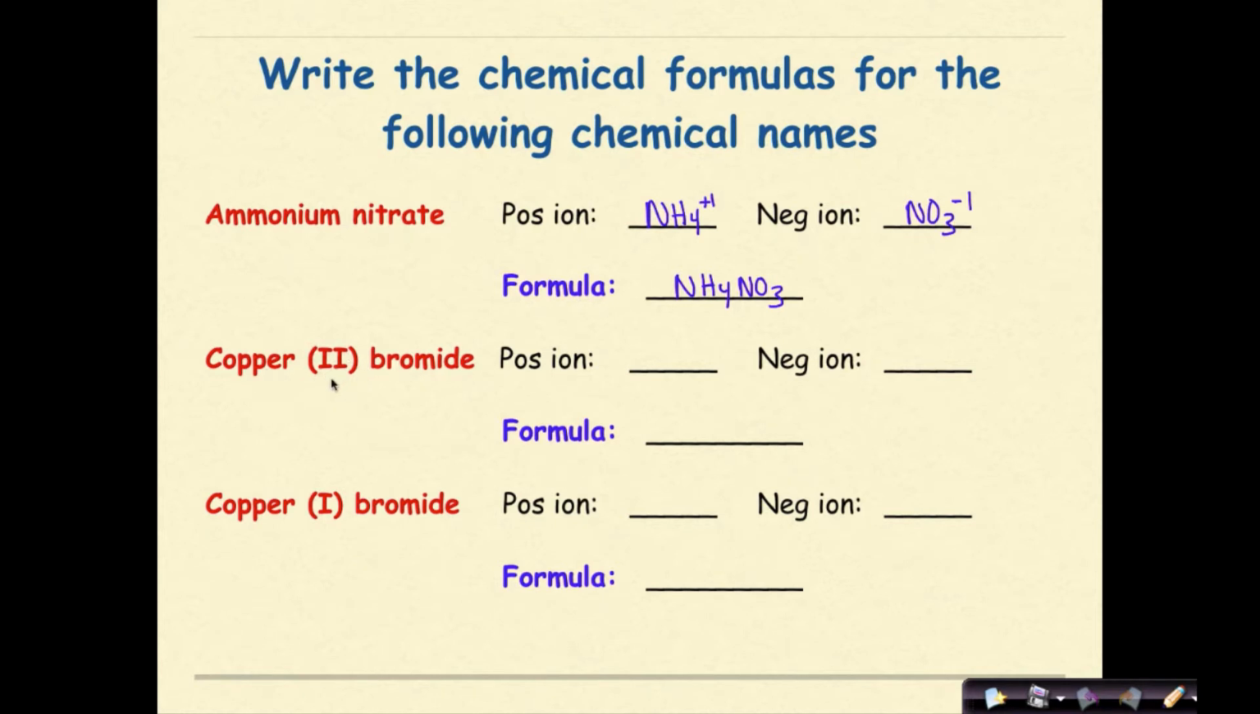Copper 2 bromide. The positive ion here will be our metal. The Roman numeral tells us that it's going to have a charge of +2. So this is going to be Cu +2. The bromide is going to be Br -1. So when I cross these down, it's going to be